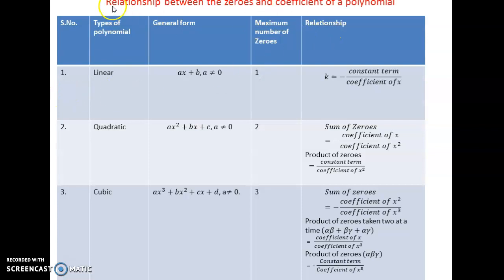Now what do we have? We have this table which shows the relationship between the zeros and numerical coefficients of a polynomial. This is a very important table which we should try to learn or remember. Okay, we can keep a few things in mind and we can even calculate the things. I will explain in which way. As we know, in a linear polynomial we have the equation ax plus b. We are going to shift this b from left to right. It becomes minus b, and the value of x will become minus b by a, as only one value of the unknown is possible here.